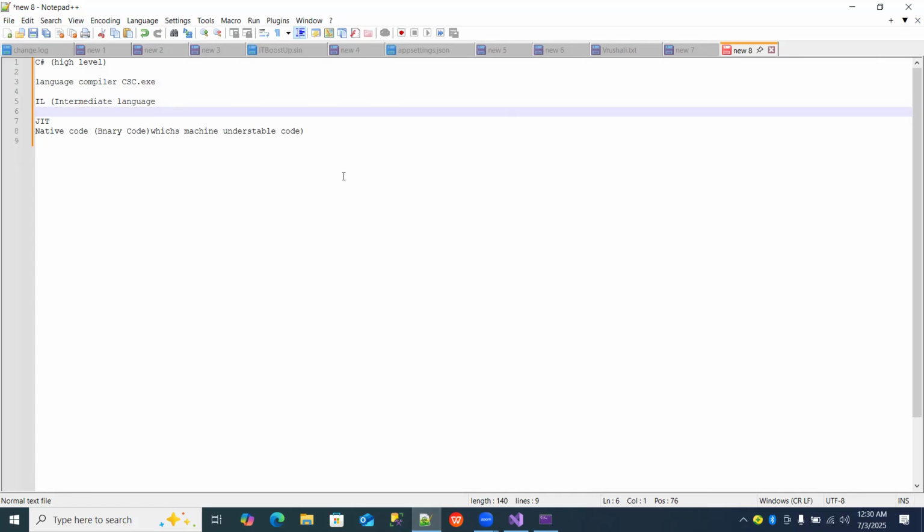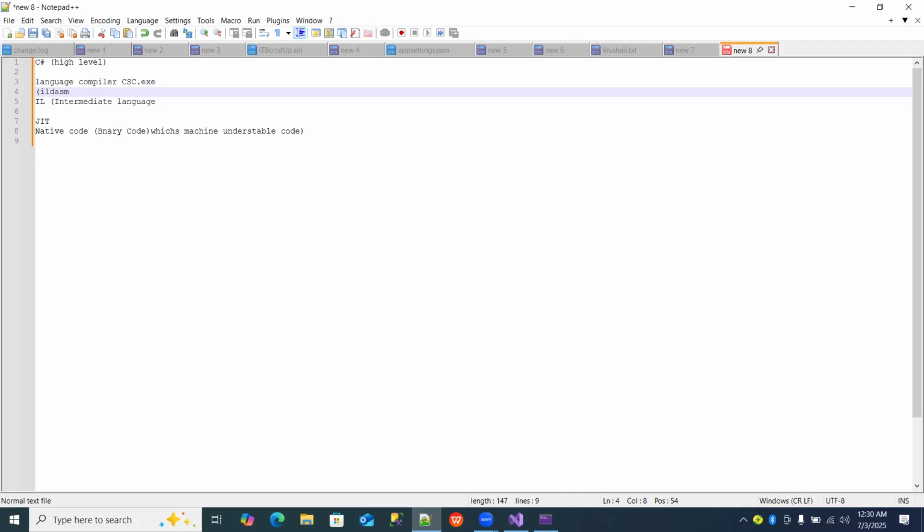There you can run one command called ILDASM, intermediate language disassembler, and you need to drag that particular exe into the IL assembly window, where you can see the IL code. That is step number one. And step number two,